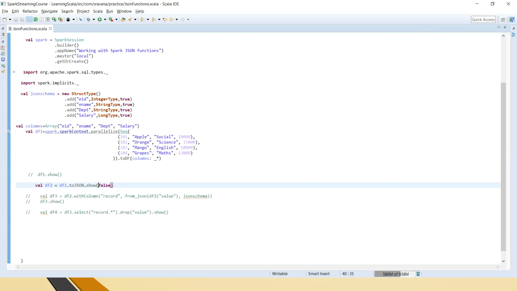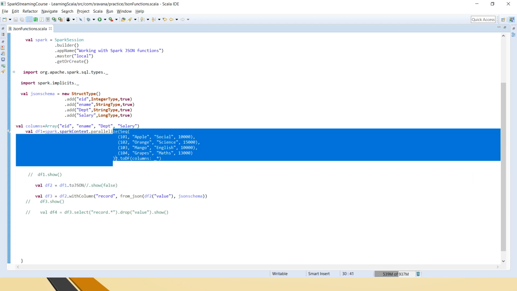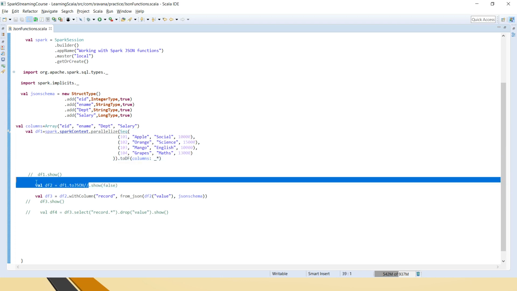After this, you can easily use this function, toJSON, to flush the data to the downstreams, like Kafka or something, so that it will be much easier for them to capture the data. Then we will also see how to convert it back. I'll show that step by step. For using from_json, so now we have seen the function toJSON. What it has done is it has read this tabular format and converted it to a JSON format.